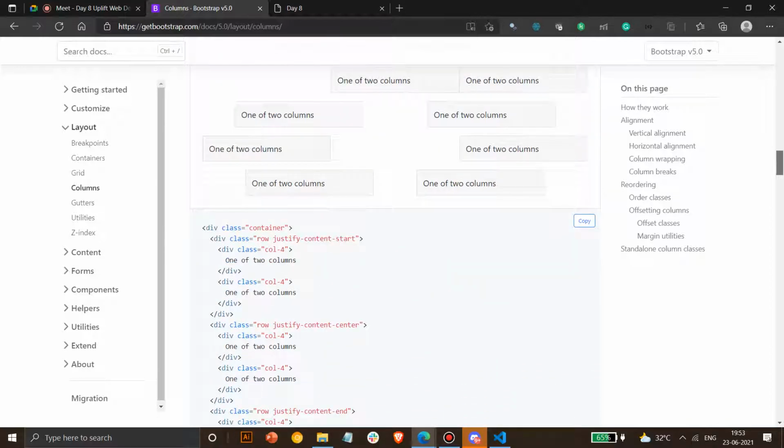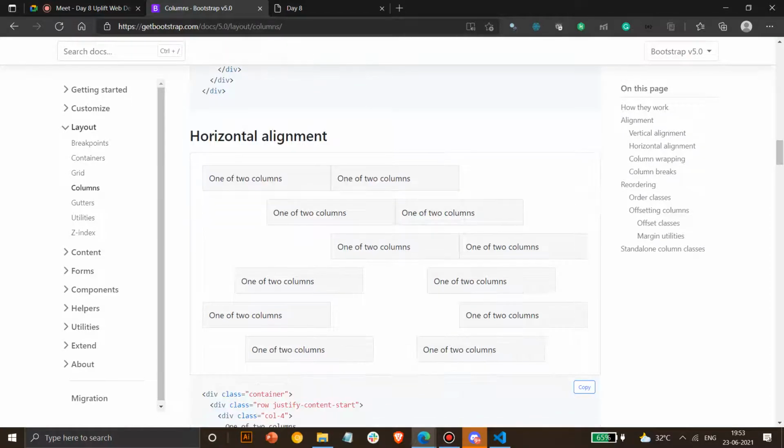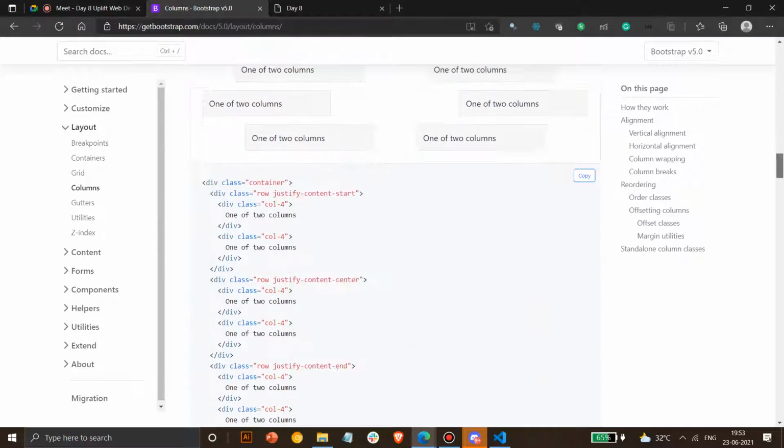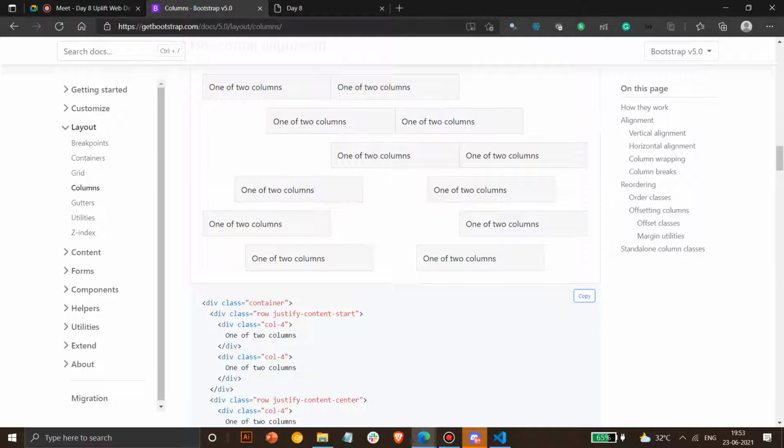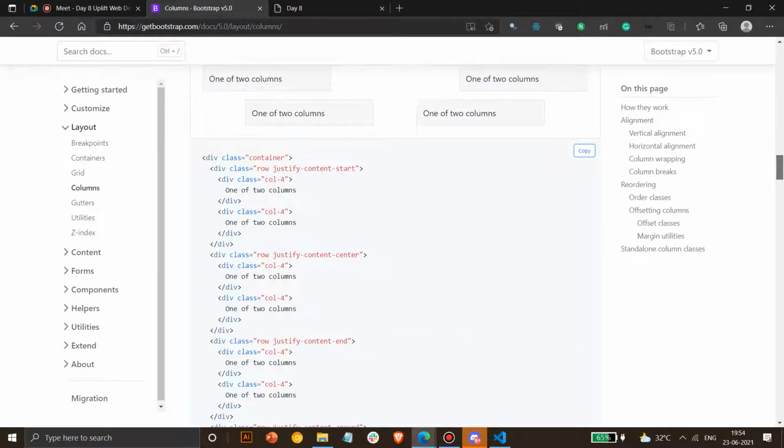Same here, there's something called justify-content-start. So what justify-content-start does is it starts from the initial left of it. If you use justify-content-center, it starts from the center. If you use end, it starts from this place, and then it will stack up elements like this. In center it starts like this. In these two cases it will start adding elements to the right, but here it will start from here and then add elements like this. Okay, so do keep that in mind.